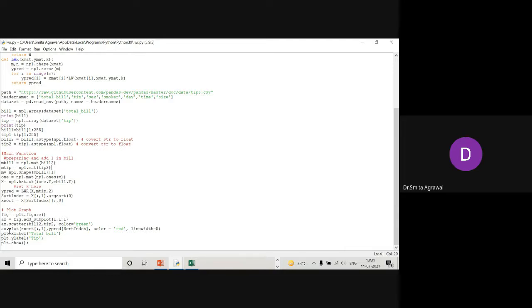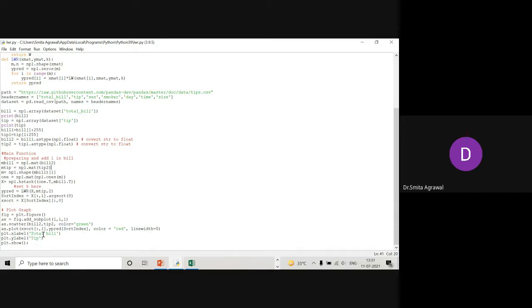Then ax.plot(xsort[:,1], ypredict[sortindex], color is equal to red, linewidth is 5). By using this statement, we can plot the predicted line, and that line will be represented in red color, and the thickness of the line is 5.